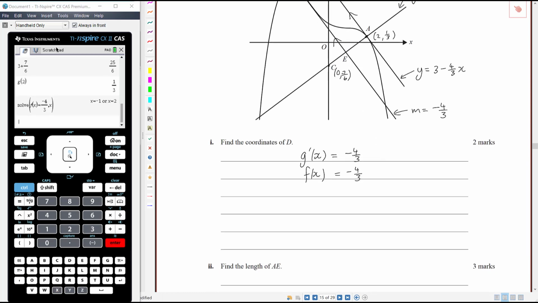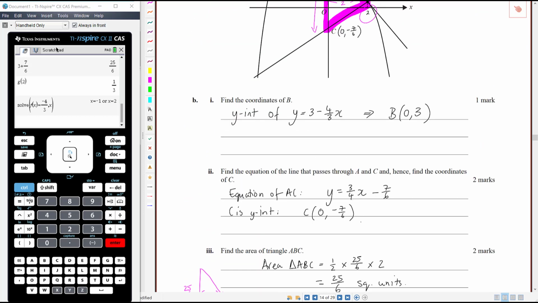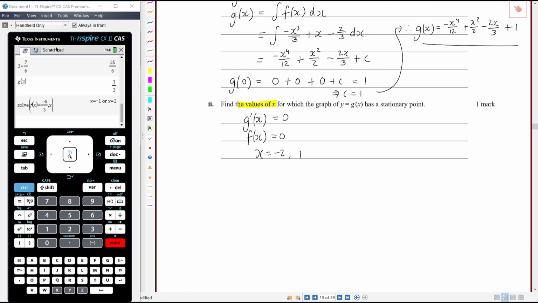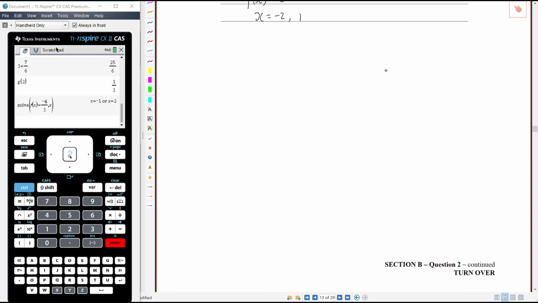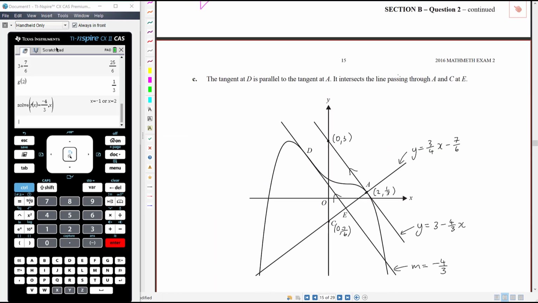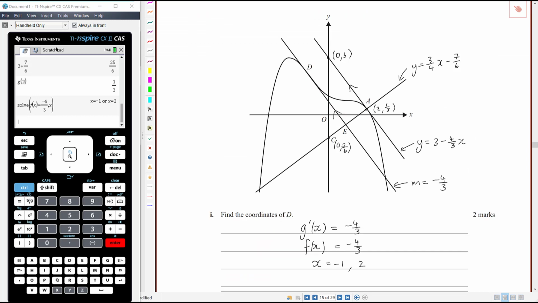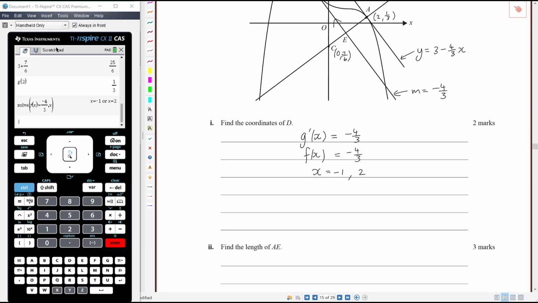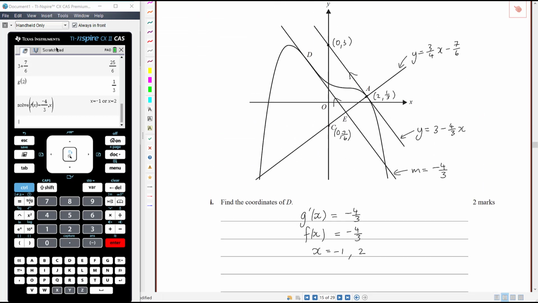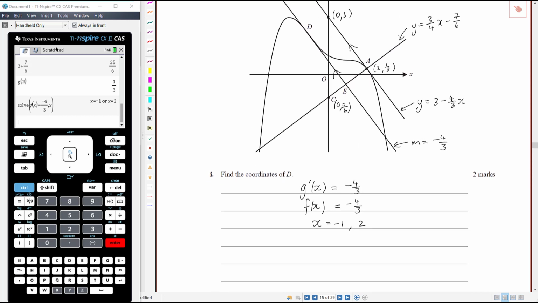That happens when x equals negative 1 or 2. We actually found those values before, didn't we? Weren't they the stationary points? No, negative 2 or 1. Okay, so x equals negative 1 or 2, so 2 is the tangent at A, and so therefore D,